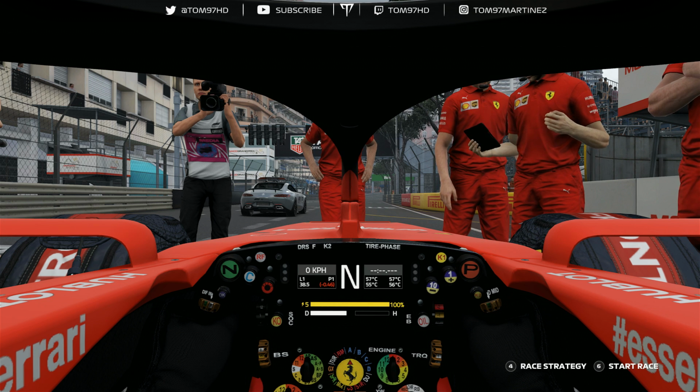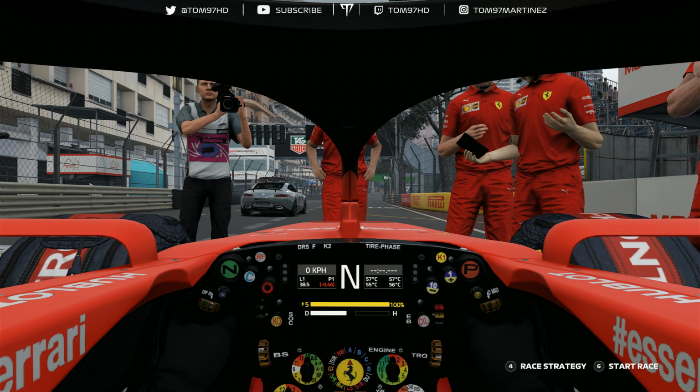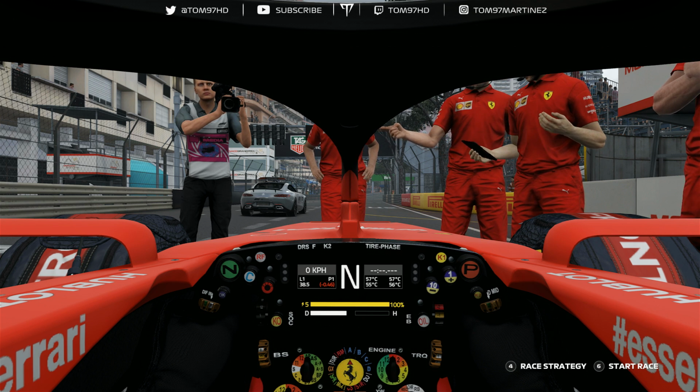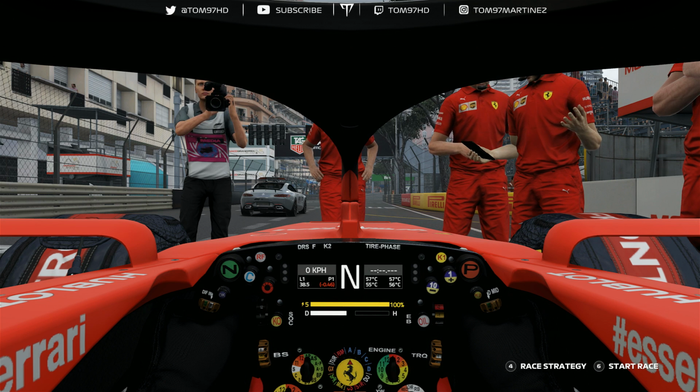They kind of do around here all the time. The soft tyres only go for 14 laps, so yeah, I think we should be looking pretty good on the strategy front. They could probably 1 stop if they wanted to, but they're probably going to go for 2. So like I said, for me it's even more important just to make sure we get to turn 1 in